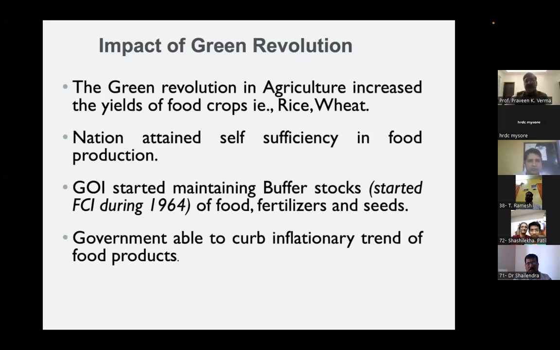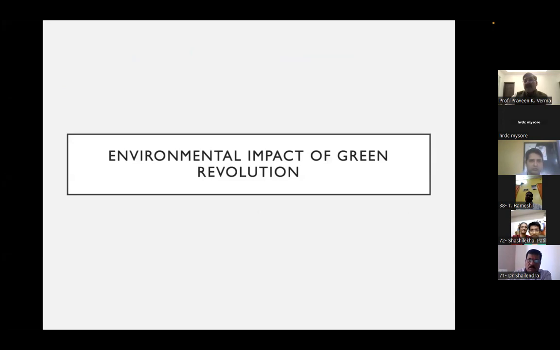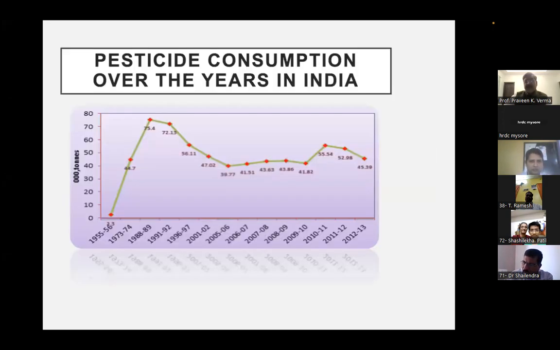So these are some of the impacts of the Green Revolution. These are basically the positive impacts. But what I am going to discuss is also the negative impact, mainly the environmental impact of the Green Revolution. So what has happened? You just see this particular slide of mine, where you can see that in 1955, 56,